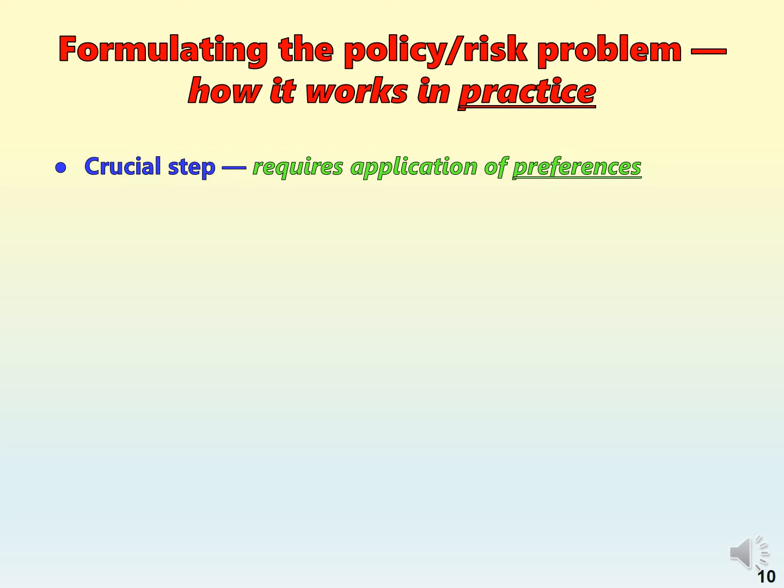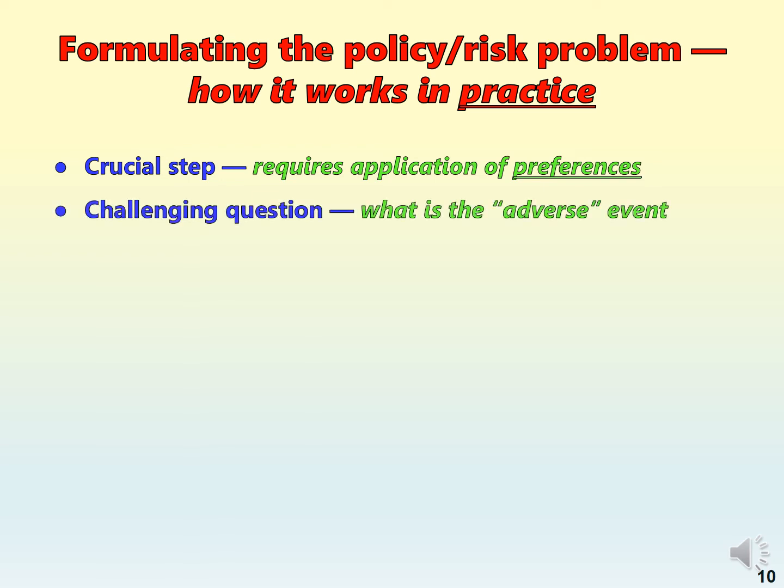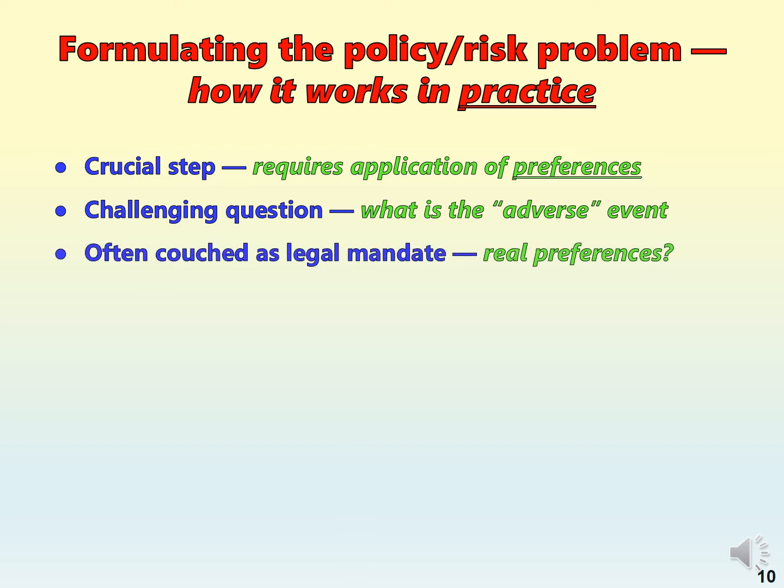They're just different preferences. So the first step right off the bat, there needs to be an explicit statement of which policy preferences, and policy preferences come from people, are going to carry the day. This is a challenging question, because what exactly is an adverse event? Science will not help you with that answer. Only policy preferences will. Often the mandate is couched in a legal mandate. But then again, the question is, for example, the Endangered Species Act has some very, very explicit mandates in there. But are those really what society wants to apply in a particular case?